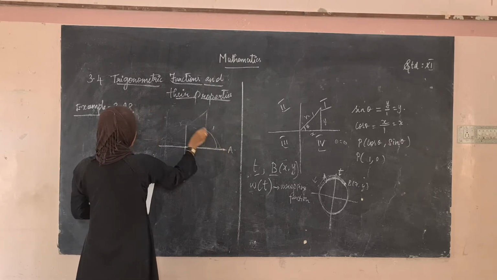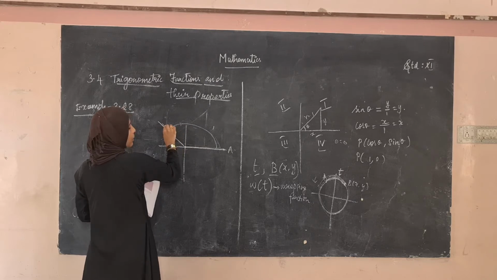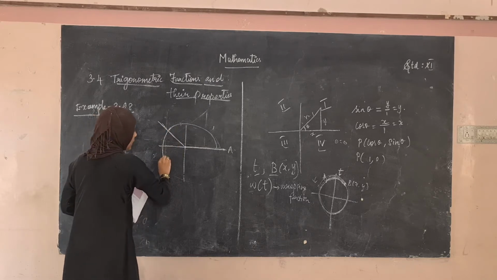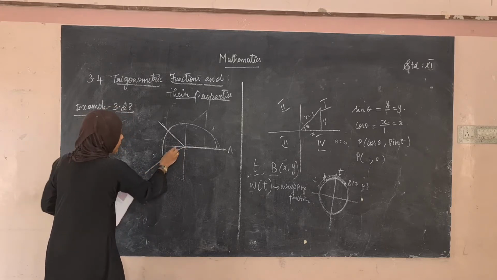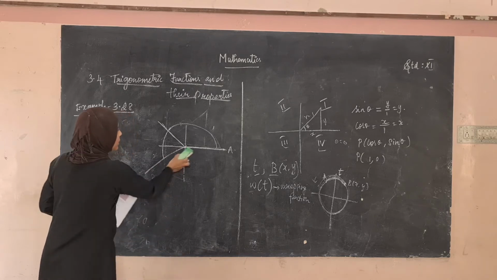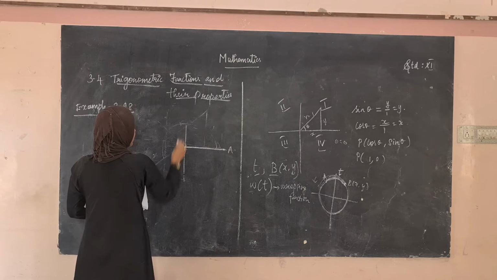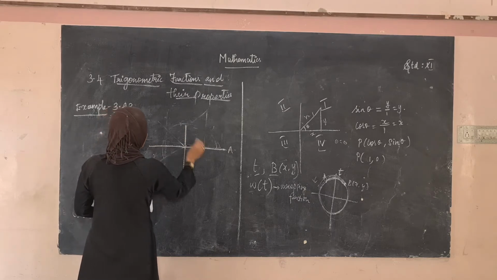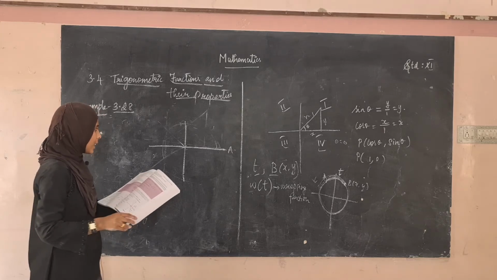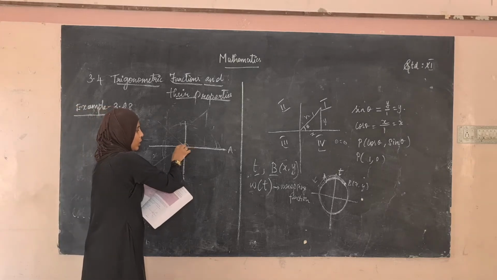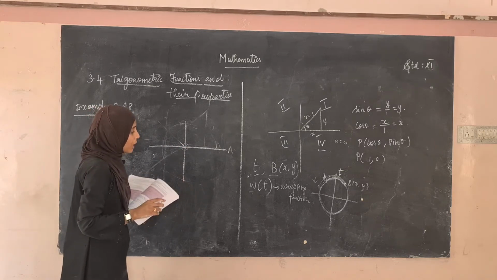If the angle goes and stays here, a line goes from here, and this is the terminal side. If the angle goes and comes here, a line from the center goes through this point, and this is the terminal side. This is the initial side where the angle is starting, and the terminal side is the ending point. These are the terminal side of an angle theta. So theta is here, it goes on the theta. Theta is in standard position, passes through the point (3, -4).